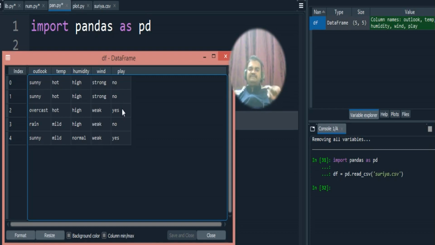So whether the person can play tennis or not will be decided by this data set. So why are we giving this data set as input? With the use of this data set, the machine learning algorithm will train itself. Okay. So whenever you pass a test set, a certain scenario, for example, outlook is sunny, temperature is mild, humidity is high and wind is weak, in that case, what will be the label? What will be the output? We can ask the machine learning model, and it will give the output for us.